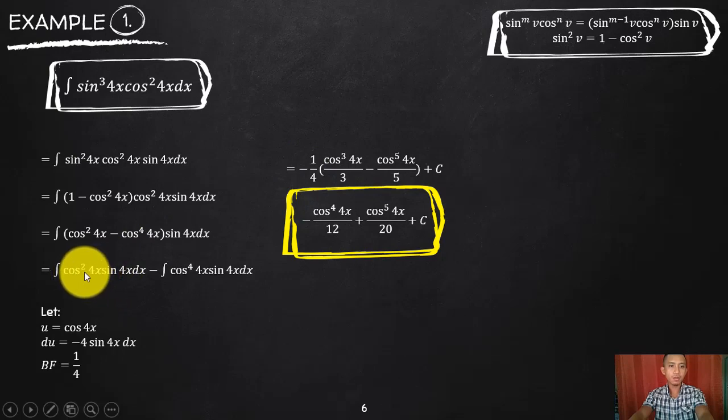Now apply your power rule in this first term. That will become cosine raised to 3 of 4x all over 3. The negative 1/4 is already there outside. Now I will go on to the second part, which is the same. Minus, I will apply the power rule again, n plus 1 will be 5, over n plus 1, which will be 5 also. Now you can simplify by putting back your balancing factor, so that will become negative. 4 and 3 will become 12. It will become positive. 4 and 5 will become 20. So this is your final answer for number 1.